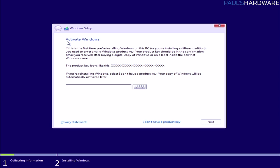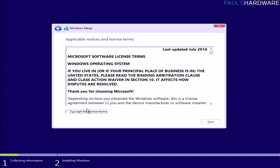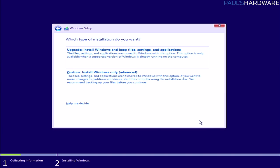Now, here is an important part. You can activate Windows and actually punch your license in right here if you want to, or you can click this button. I don't have a product key, which I'm going to do right now. This will let you go through with the installation, and then you'll be able to input your product key later. We'll just go with Windows 10 Pro, just to start off with, again. If you enter a product key for a different version later on, like Home, it will just change the version that you have installed. I accept the license, I click Next,